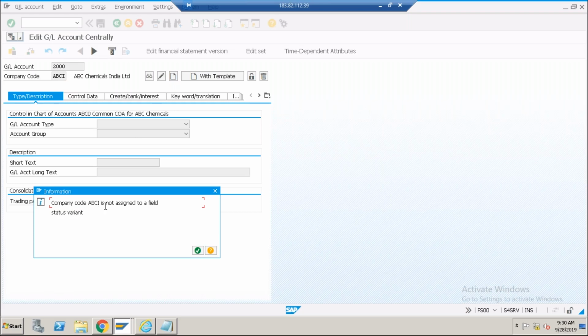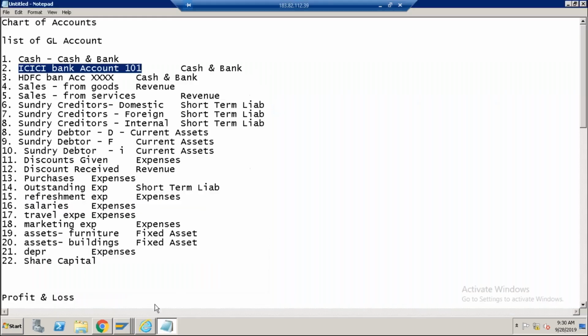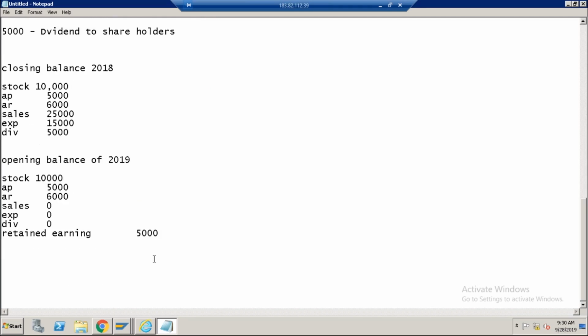What it is saying is, it is showing one error. Company code ABCI is not assigned to field status variant. So if you remember, I told you we need to assign 4 variants to our company code. Which variants we already assigned? We assigned the fiscal year variant. We assigned the posting period variant. And last one we just now assigned is chart of account. So we are left with one more, that is called as field